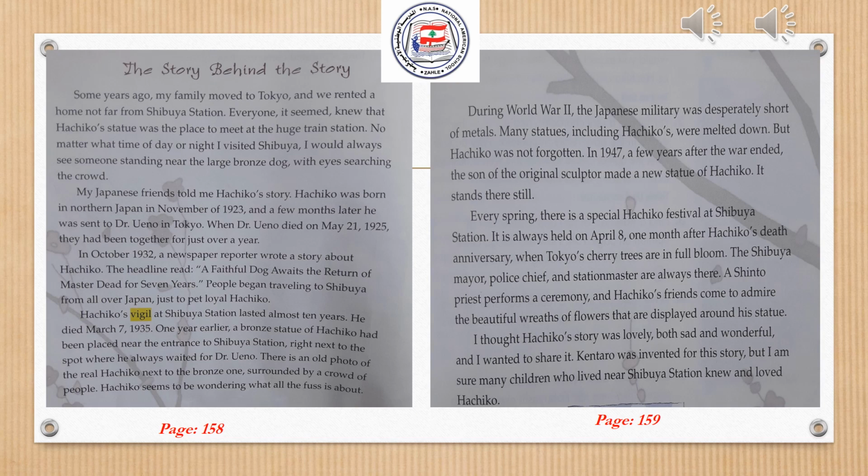The heading suggests that the author will give information about Hachiko's true story. Her purpose in this section is to inform, to give us information about the dog. And the details from her own personal experience and research show the author's point of view, not Kentaro's.